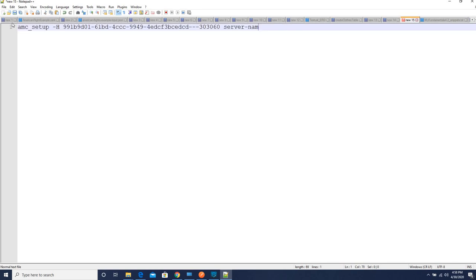So we need to change the server name. So I'm writing mule-node-1. So just for editing purpose, there was no other reason to open Notepad++. So I'm doing Control C now. I have just copied this, and after copying, what we need to do, we need to go to